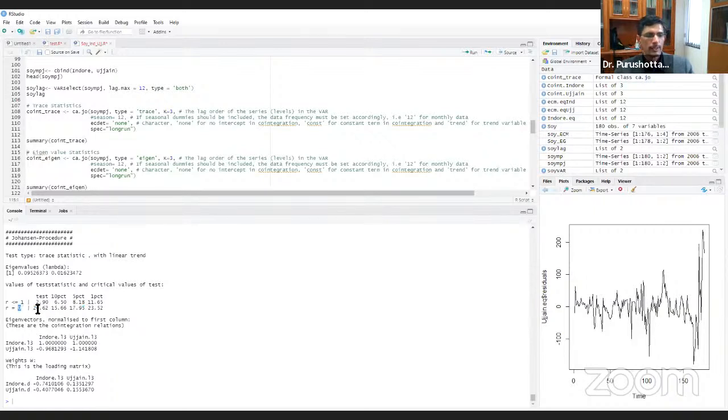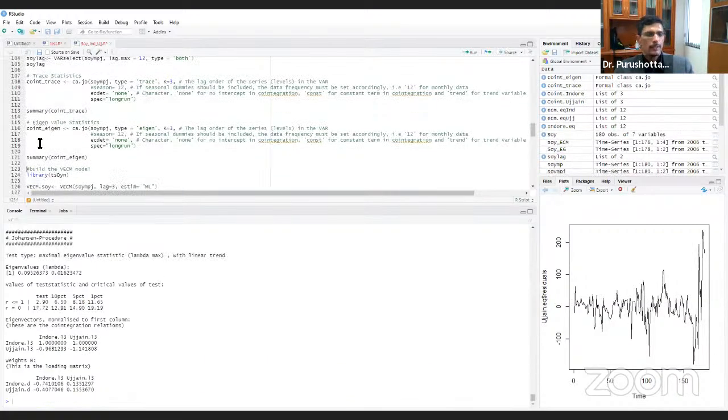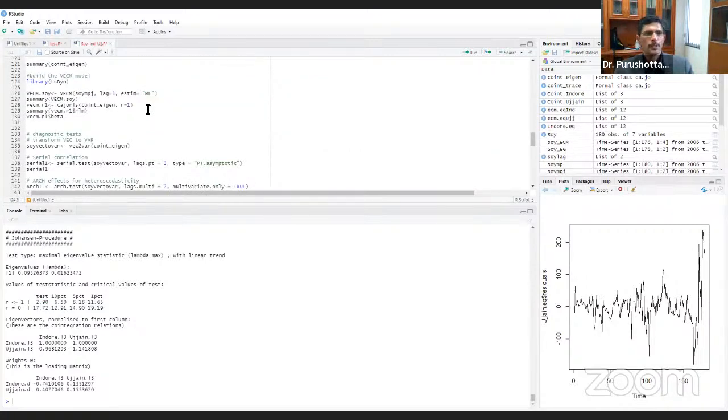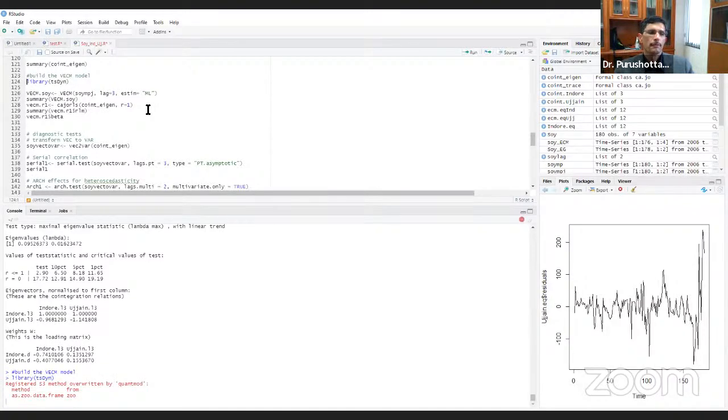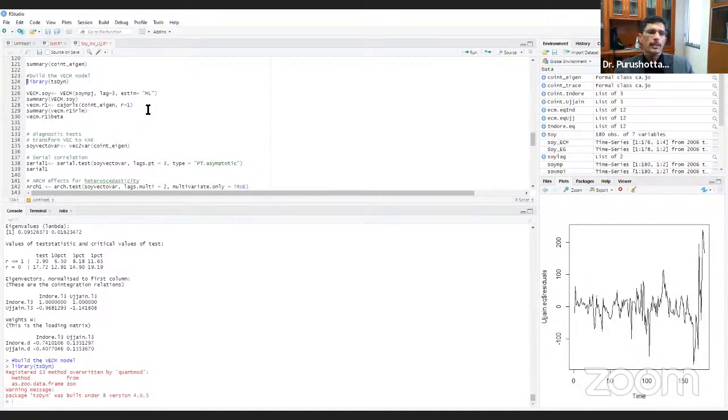at least one co-integrating vector, since the trace test is higher than the 5% critical value. Similarly, the eigenvalue test again says that at least one co-integrating vector is there in the series. So we are going to go for the vector error correction model, and for that we are going to use the tsDyn